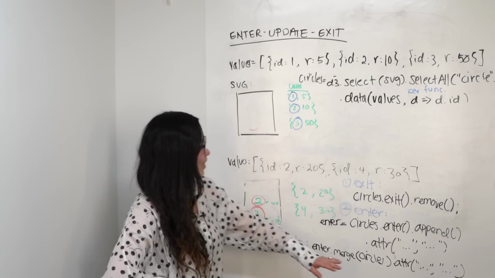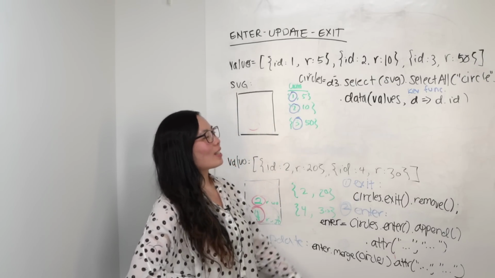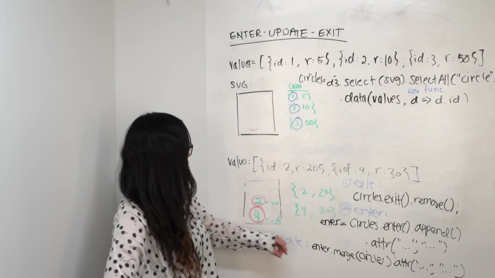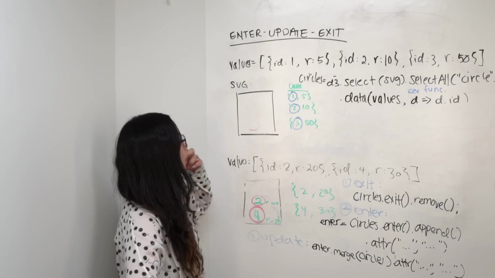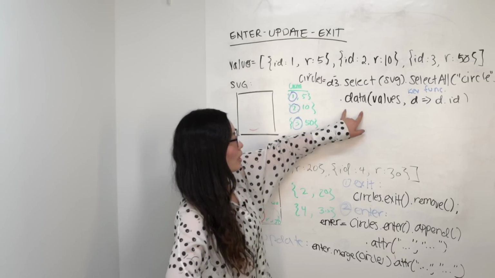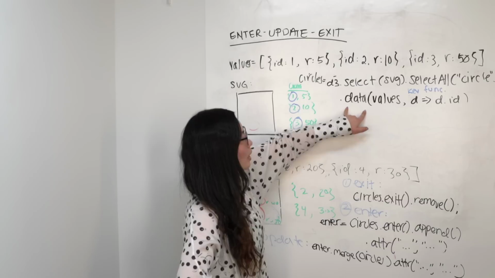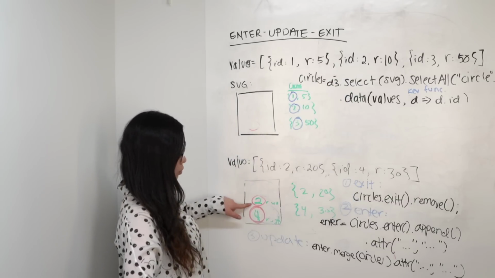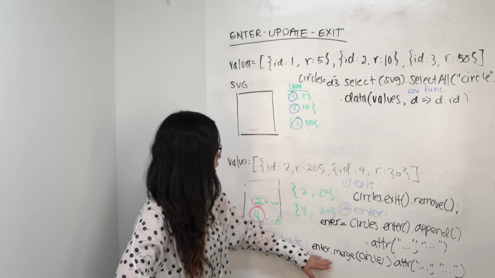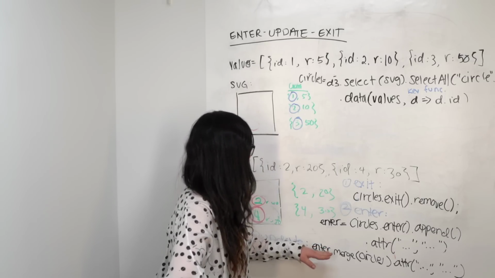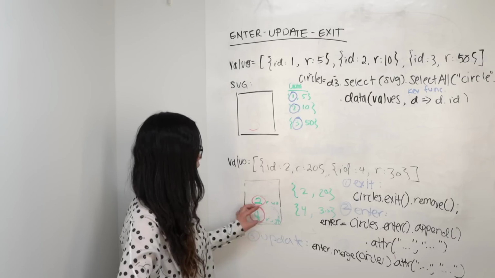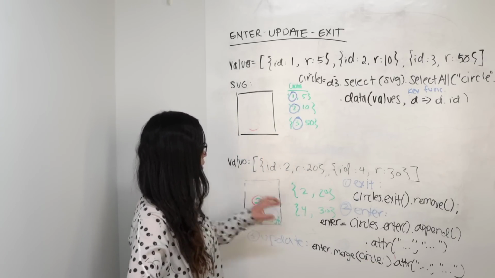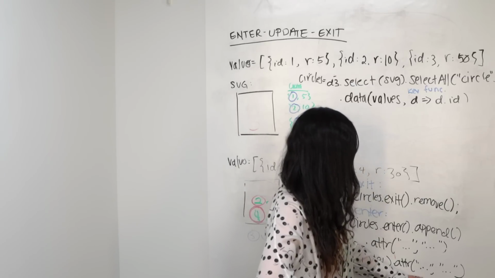So there are a lot of weird things here, and this is probably the weirdest one. What this is saying is I have my enter selection, which was this 4, and .data actually also returns the update selection, which is this 2. And so I'm saying, give me this enter selection of 4, merge that selection with this update selection of 2, and then set the attributes, whatever attributes